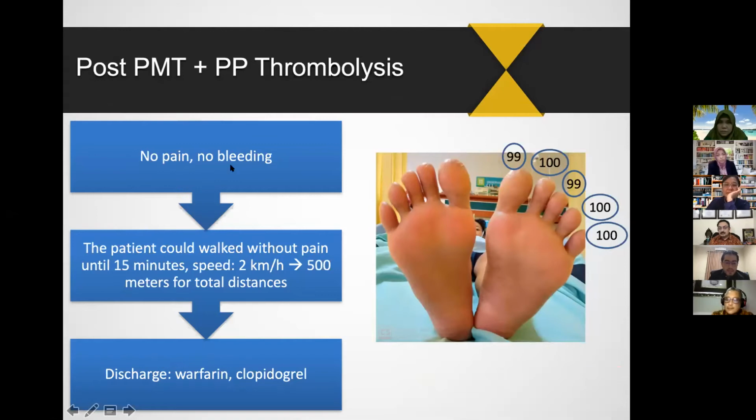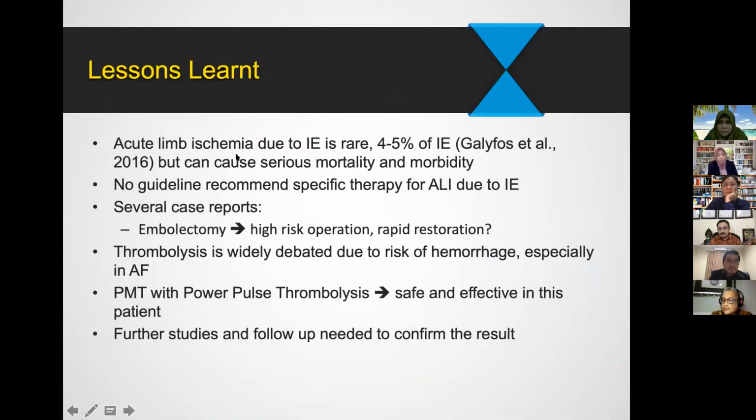The lesson learned that we can catch on the patient is that acute limb ischemia due to infective endocarditis is rare, but it can cause serious mortality and also morbidity. But so far, no guideline recommends specific therapy for acute limb ischemia due to infective endocarditis. And several case reports showed that embolectomy may be done, but we have to think that it has a high risk of operation sometimes,